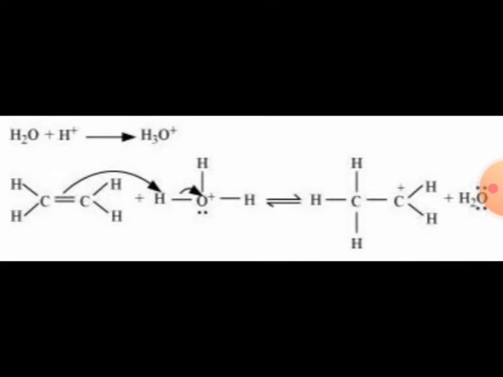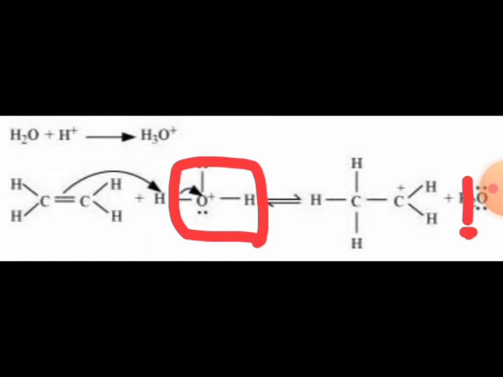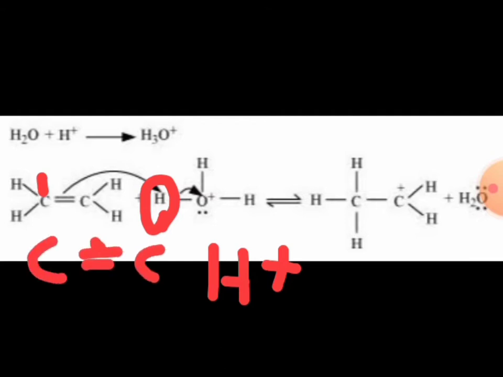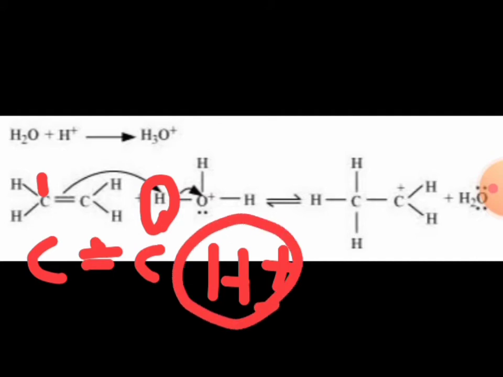So in this case, the bond between oxygen and hydrogen, the bond electrons are totally shifting to the oxygen due to heterolytic fission, and this part of the hydronium ion is released as water, H2O, and this hydrogen in the form of proton is going to combine with one carbon atom of the alkene with the help of one pi bond. There are 2 bonds between carbon and carbon. One pi bond allows this proton to form a bond.